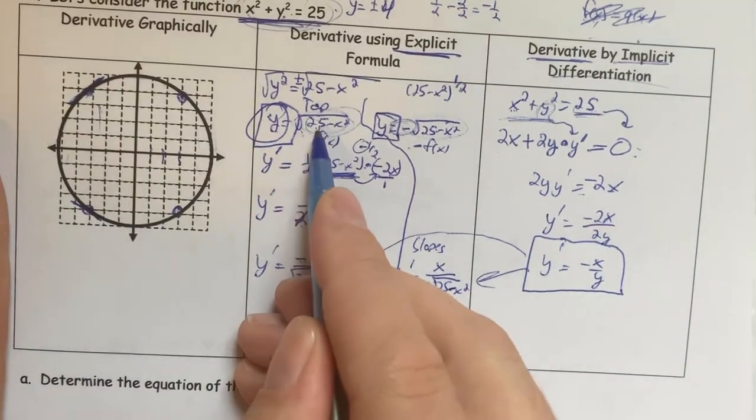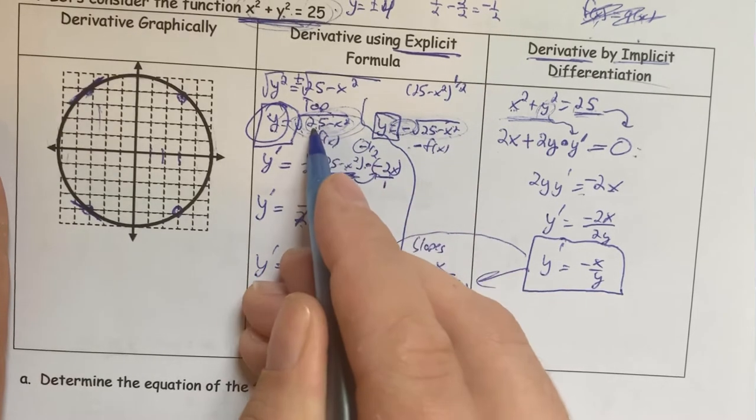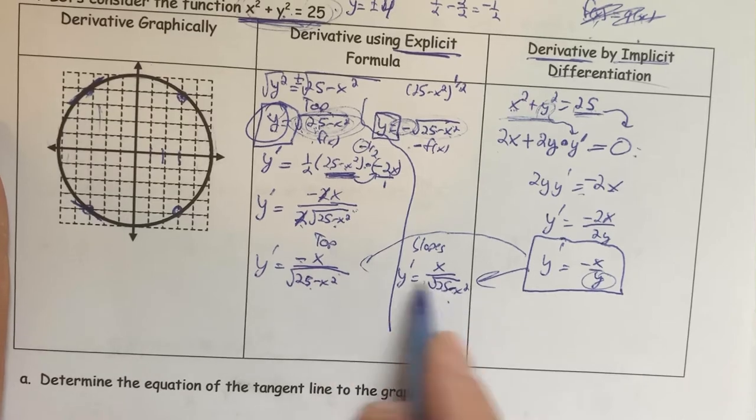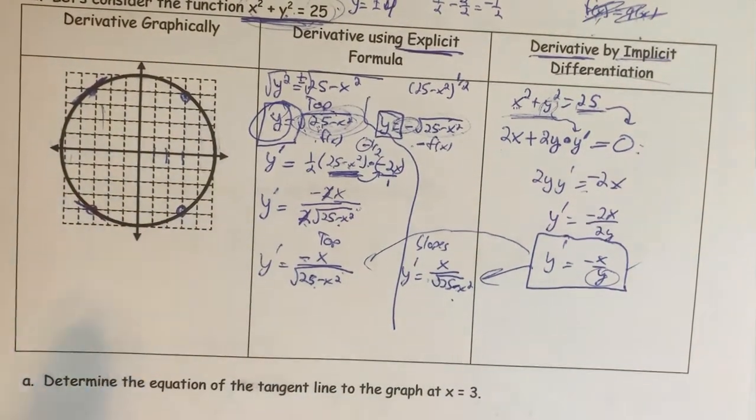If you plug in the explicit definition of what y is, like the square root of 25 minus x squared for y, you'll notice it will become this other formula. But you don't need to. You can just leave it like this. So,